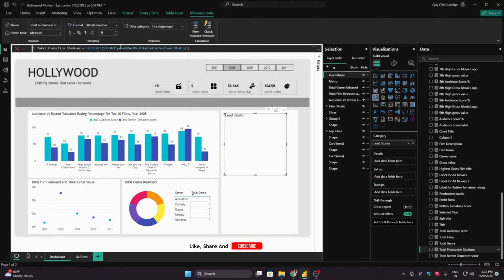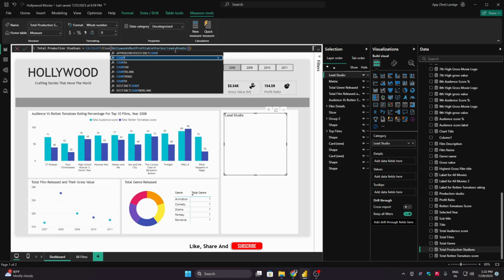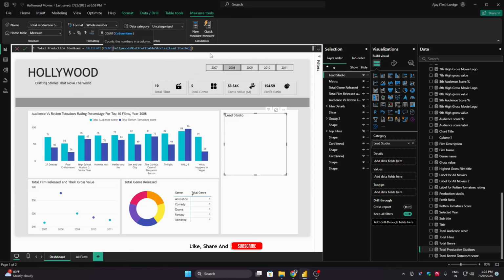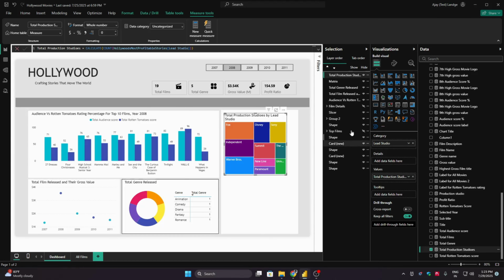I'm so sorry, here we don't want sum, we want count of lead studios. So just now select total production studios. Now you will be able to see your production studios count. In case you are not able to see,